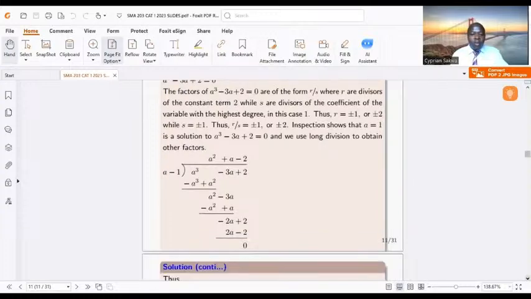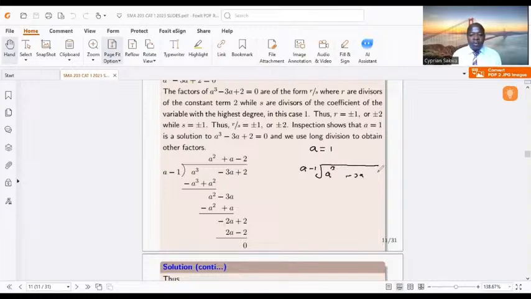I know you know to use long division, and it's what I've used here. After obtaining that a was 1, I took the 1 to the other side and came up with 1 minus a. And this is what I divide into the equation that I'm given,